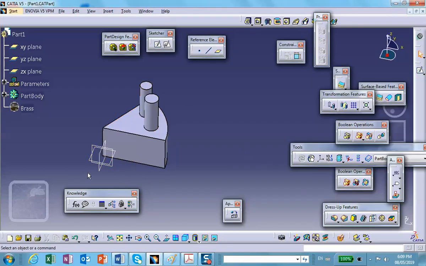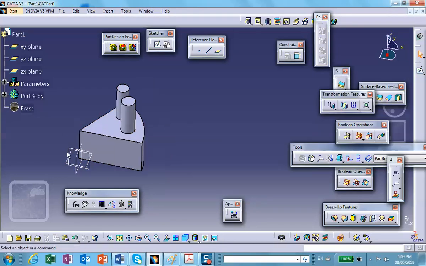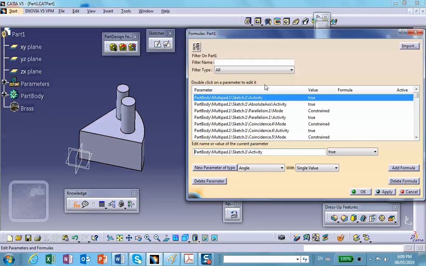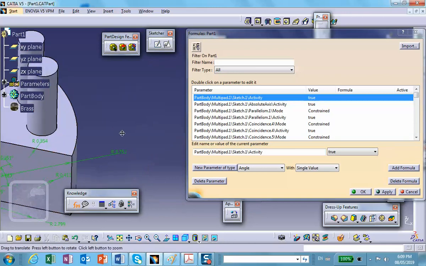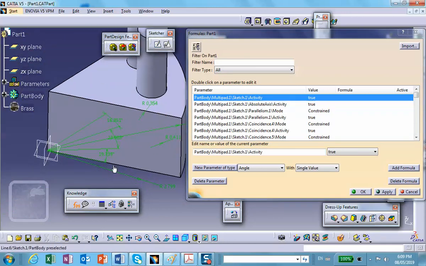Because I haven't renamed my dimensions. So go back to f of x right there, and click on the part. Anything that you dimension is going to be appearing here, okay? For example,